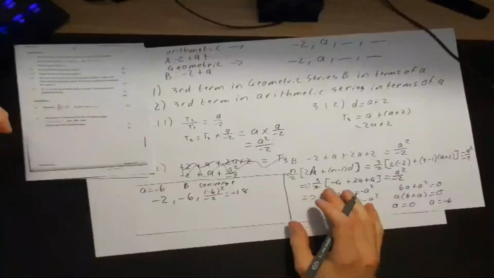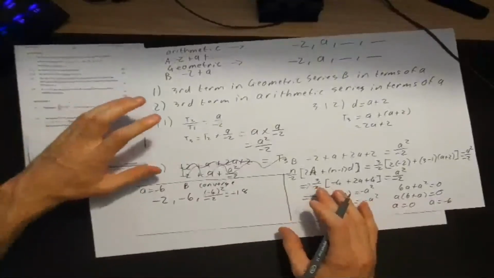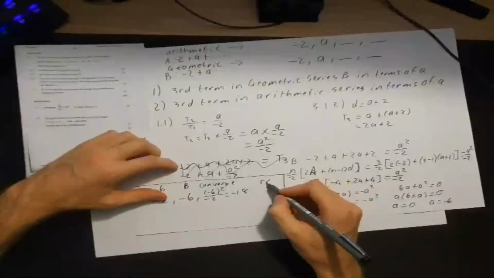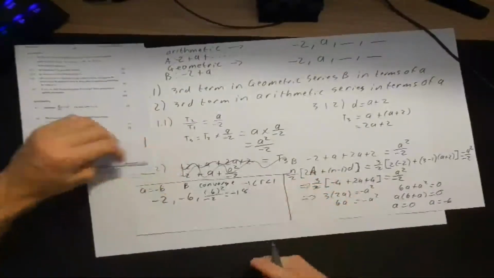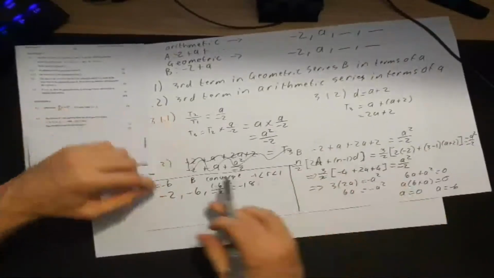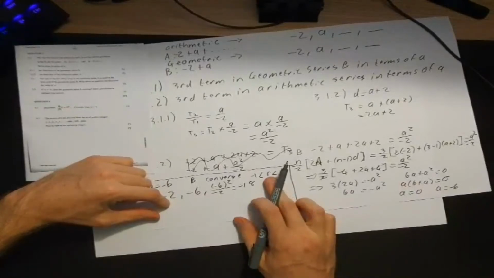So now asking, will this converge? Okay, so now the key thing is, when does convergence happen? Convergence only happens when our ratio R is between 1 and -1. Okay, so let's see how we're going to do this. You can do the sum to infinity if you want. That could also show convergence. Okay, but the main thing for convergence is R, your common ratio, needs to be